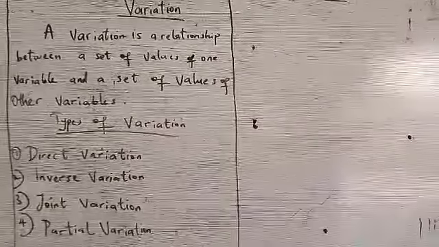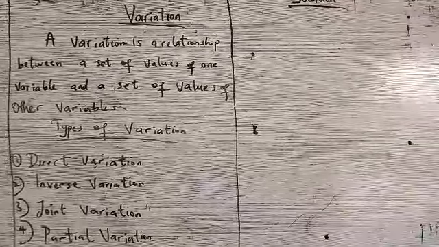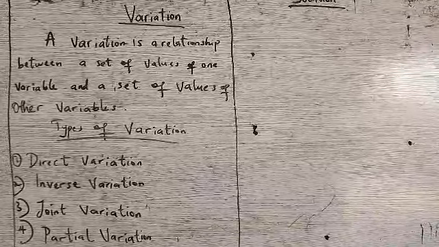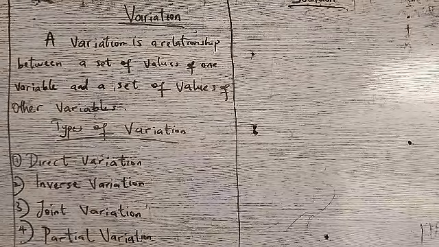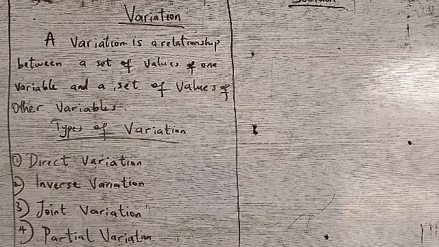This afternoon we'll be looking at variation. Variation is a relationship between a set of values of one variable and a set of values of other variables. So it is a relationship. Now when you see variation, you know that there must be a relationship between a value and the other value. In variation, you'll be asked to find a relationship that is joining two values together. Alright, so it is the relationship between a set of values of one variable and a set of values of